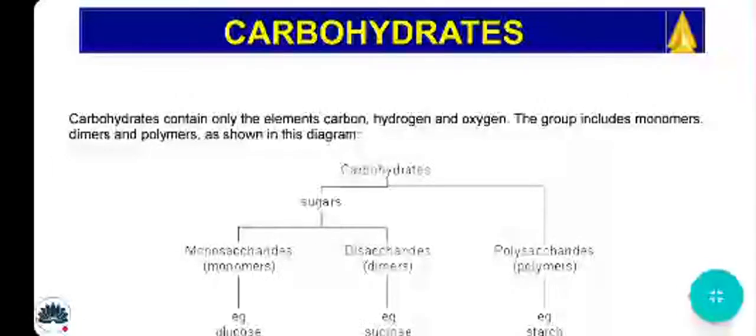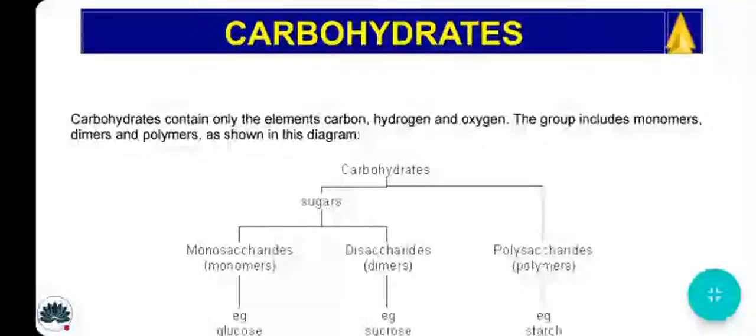Carbohydrates contain only the elements carbon, hydrogen, and oxygen. This is also understandable by the name carbohydrates, where hydrates means like water. The thing which consists of a water molecule is a hydrate or hydrated, where carbo means carbon is present and hydrate means that hydrogen and oxygen both are present. One more trick which I'm going to tell you later in this video is for your carbohydrates formula,